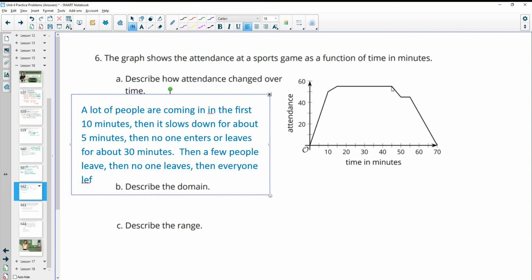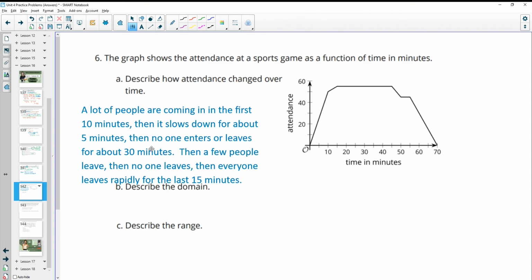Everyone leaves pretty quickly, rapidly for the last... okay, so right here you've got quite a few people leaving. That's maybe at like 55 to 70, so like in the last 15 minutes. Okay, then everyone leaves rapidly for the last 15 minutes. So you don't have to have the same description as me, but just something similar to that about how you